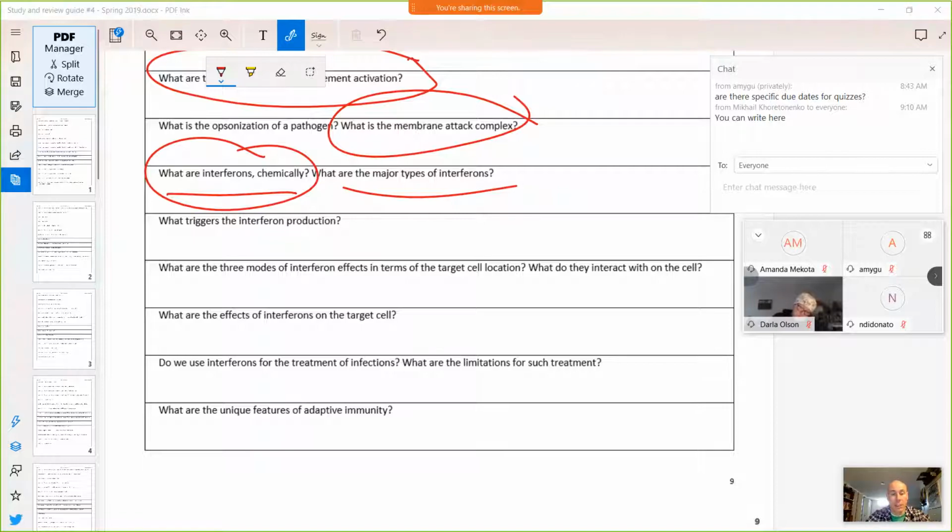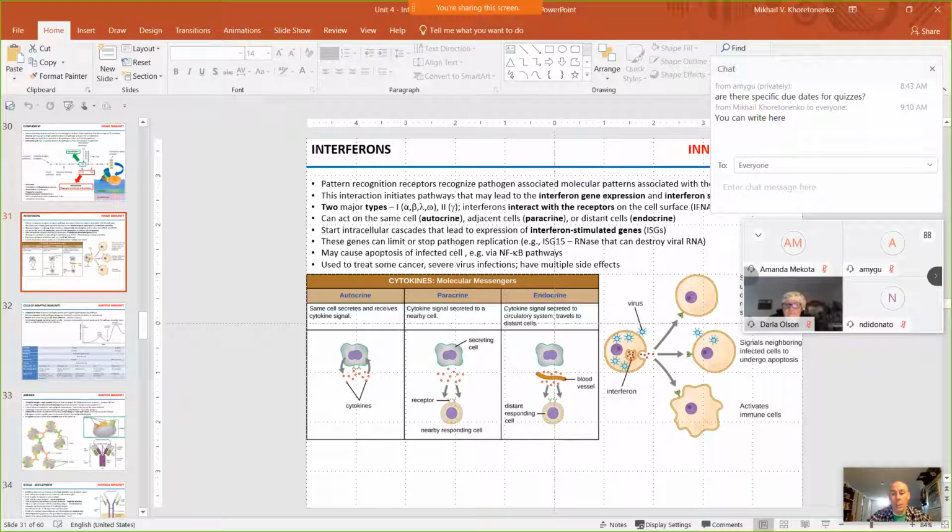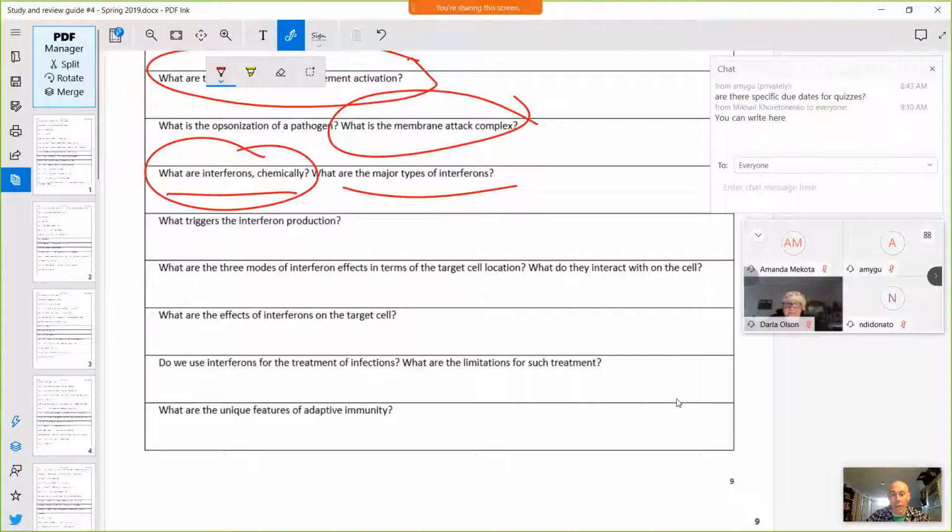In this picture here, you see this cell is infected. These cells are not. So interferon mounts antiviral responses here, may lead to apoptosis, or may activate some immune cells. So it's basically a warning molecule rather than a treatment. It doesn't really lyse the cell or something. Interferons can be used for treatment, with limitations and side effects.